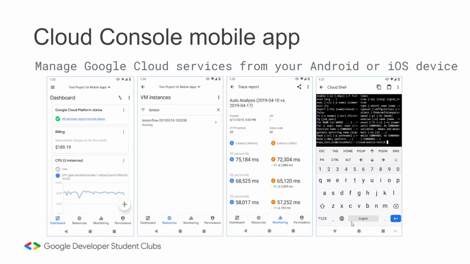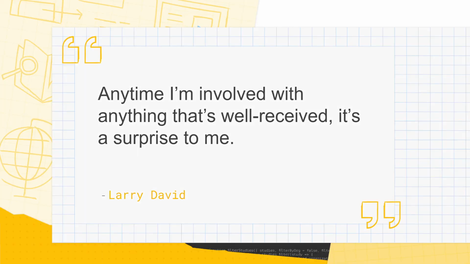Now, Cloud Console, we have seen that we can have a mobile application for it. So here is the mobile application. You can have the command line itself, Cloud Shell, on your mobile. So suppose you're outdoors, sitting in a car, and you just want to check that everything is all right with your services. You have set up and enabled monitoring and everything, so you can just look at whether everything is perfect or not.